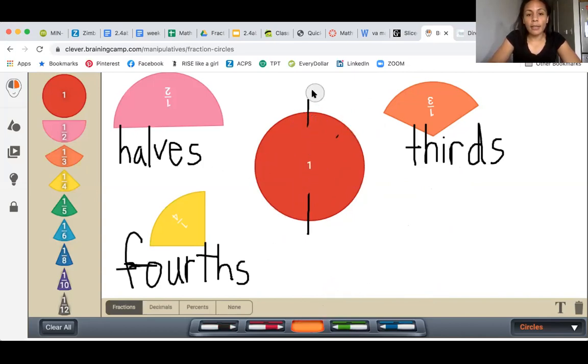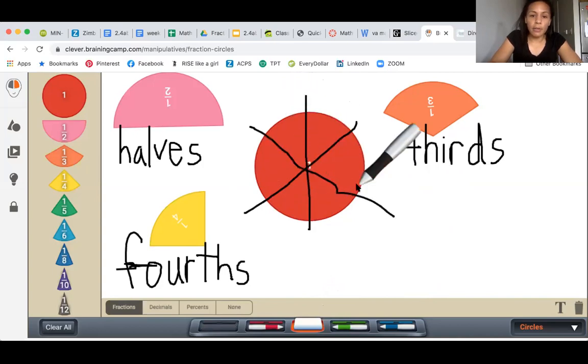So let me try again. Get my marker. I'm going to go down, and then maybe I'll go diagonal, and then diagonal again. Okay. Miss Martin tried her best. Okay, so now we are going to see. 1, 2, 3, 4, 5, 6. Are these mostly equal? Yes, I have 6 equal parts. Let me put them into our whole. So over here, my fraction parts, I'm going to get the 6th, okay? All right, there he is.